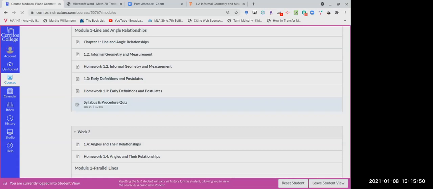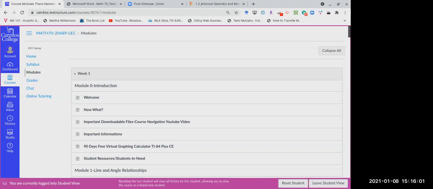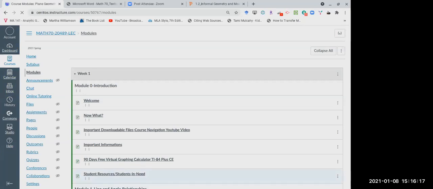The syllabus and procedure quiz, if you click on that, I have to go out of this view. Let me temporarily leave student view so I can show you what you'll see when you click on it.